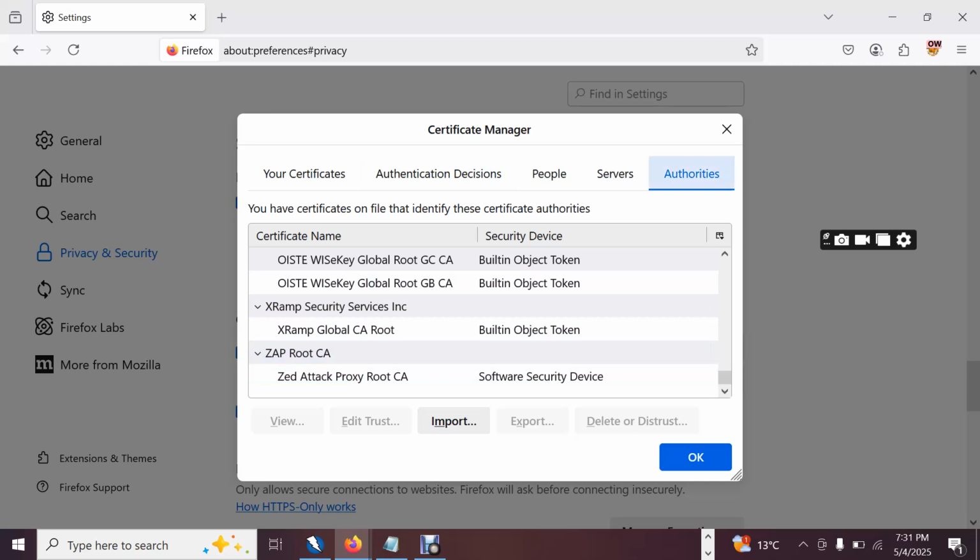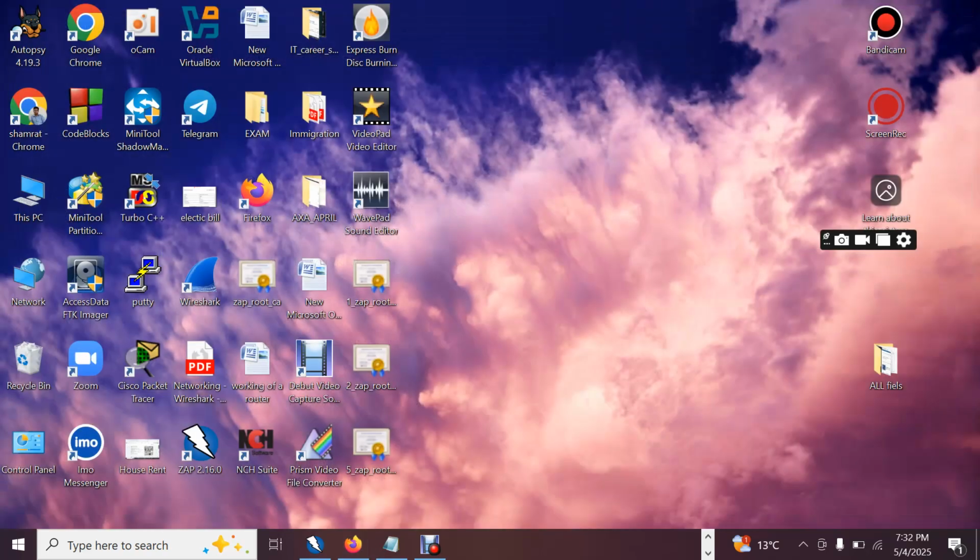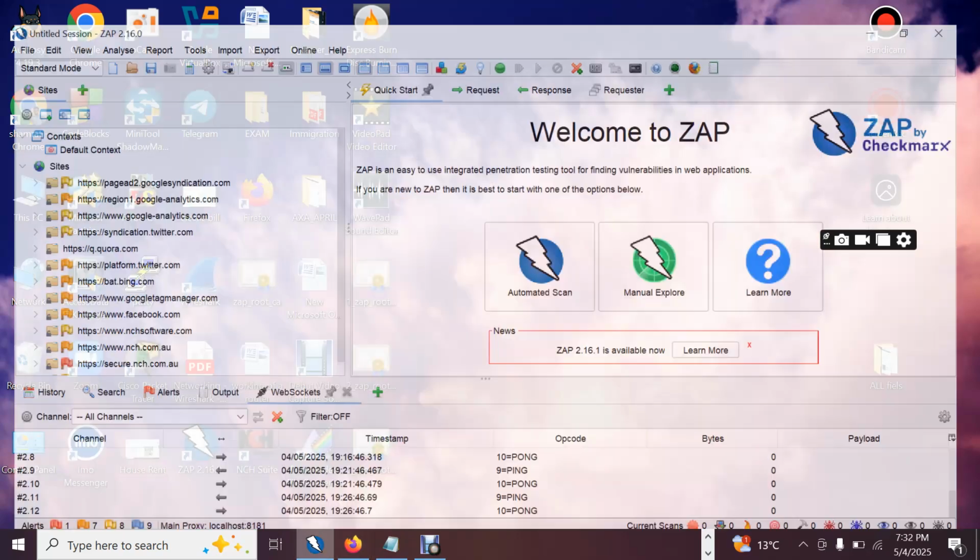This certificate manager is in Mozilla Firefox. We can do the same thing in Internet Explorer or Google Chrome. It's just about Mozilla Firefox, and I already have my ZAP root certificate, so I don't need to import it one more time, because I already imported that certificate. After that, I have to click on OK. So this way, actually, we can get our